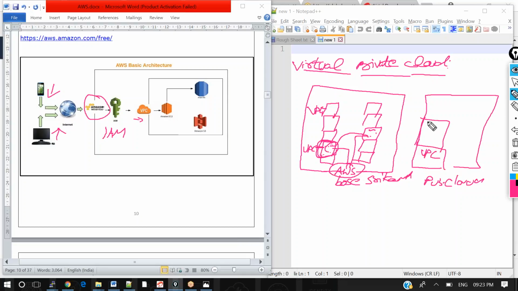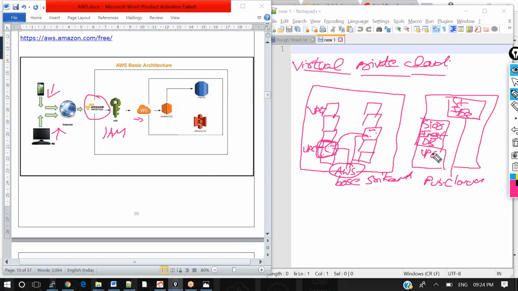In that space you will have your storage, your instances, that is your servers, your DB machines, and everything. Likewise, other people will also create their own VPCs, with their own properties like storage, instances, DB and many other things.